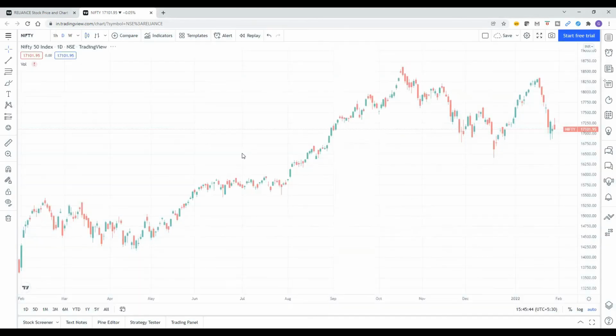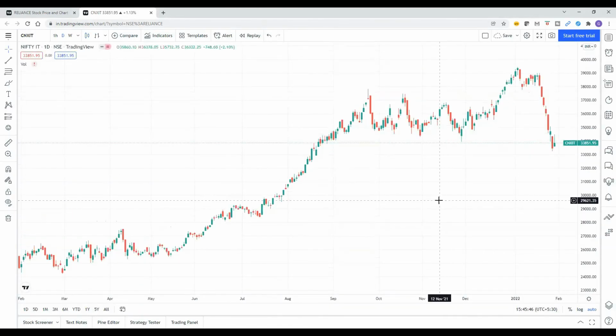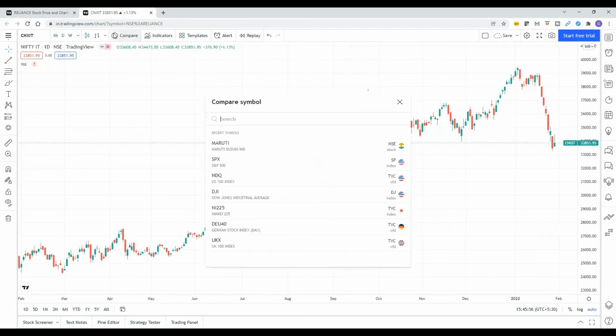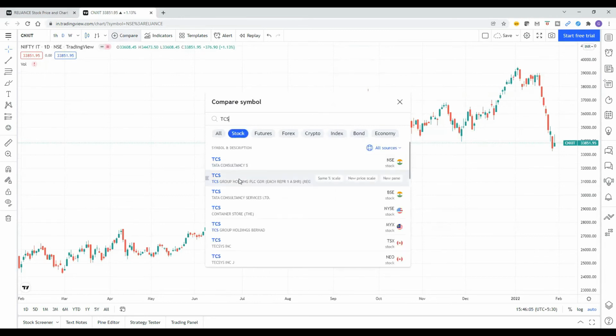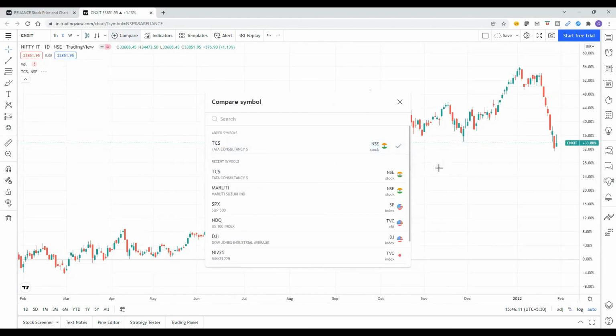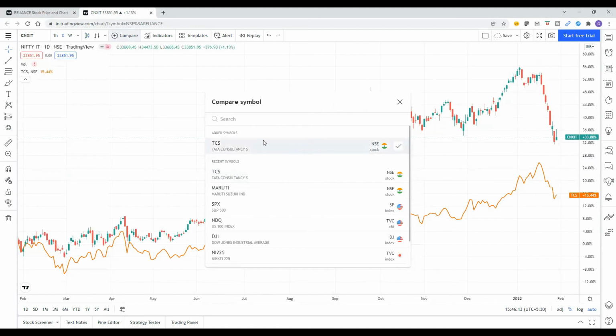This is the IT one, right? Now, if we want to see Nifty IT versus all major IT companies, let's say I go to compare. I compare with TCS, right? TCS, same percentile scale, just everything changed to percentile.